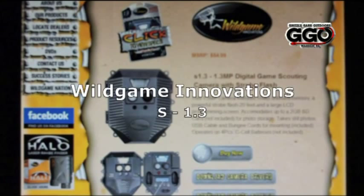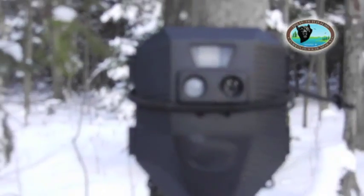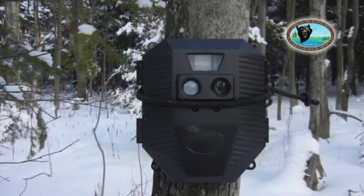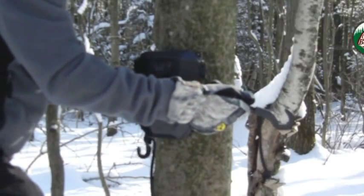The first trail camera that we're going to review today is the Wildgame Innovations S1.3. The S1.3 is an incandescent flash camera which takes 1.3 megapixel still images and has an effective range of approximately 45 to 50 feet. The unit comes stock with 2 small bungee cords, one to attach to the bottom and top of the unit,